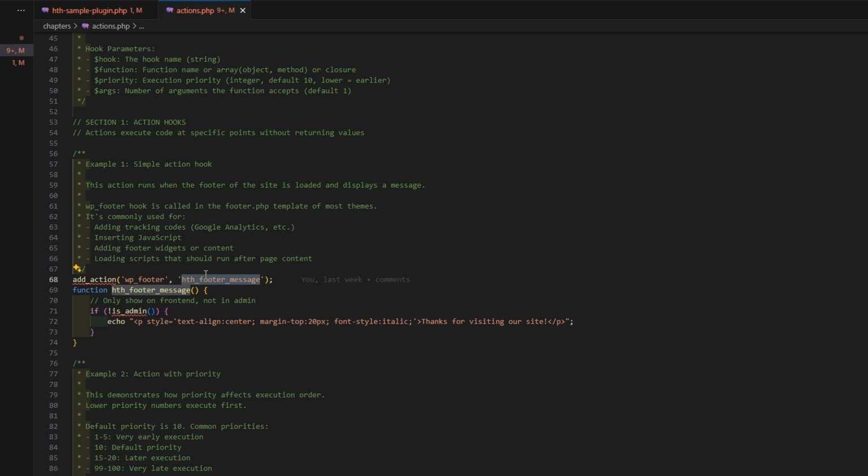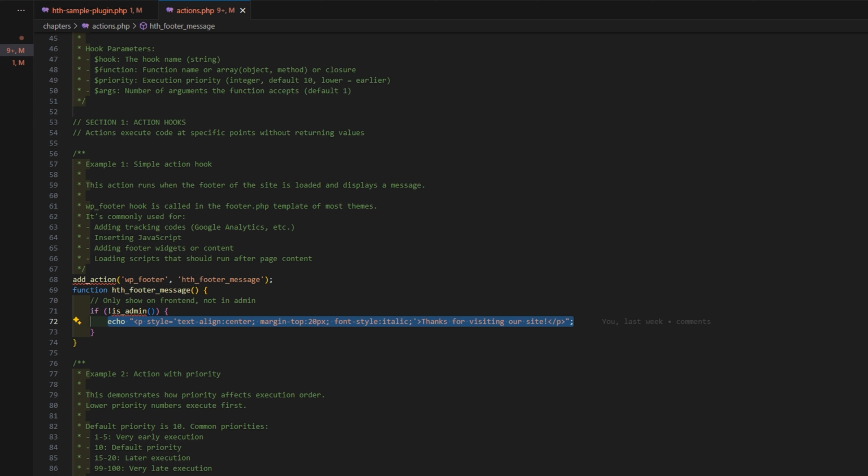And here, I point that out, that callback is essentially my function name or my method's name. And then inside of this, for example, I'm already applying a conditional. I'm basically saying is_admin. So in other words, are we in the admin space here? And if we're not in the admin space, then I want to just echo out this,